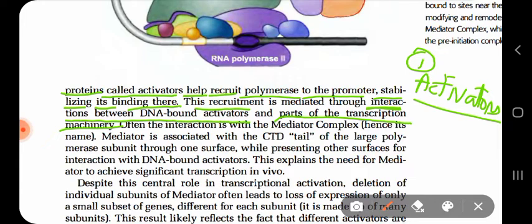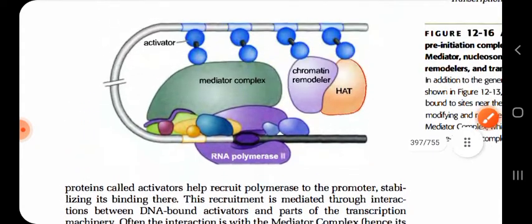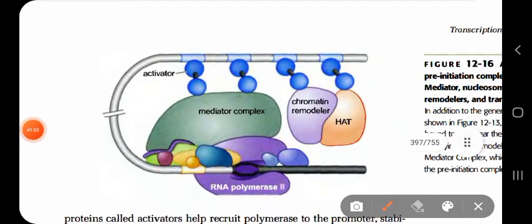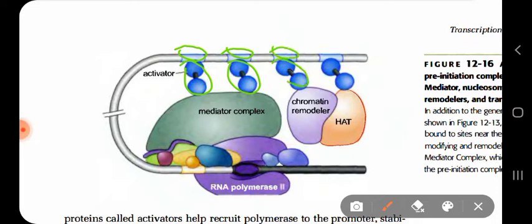Okay, now one of the other proteins found on the transcription machinery is the mediator. Activators actually associate with these mediators. It is also called the mediator complex. If you see the figure, you can clarify your doubt. You can see the activators bind with certain regions of the DNA, which are located upstream.